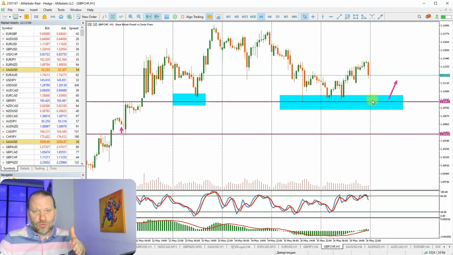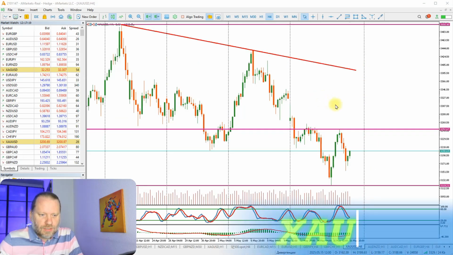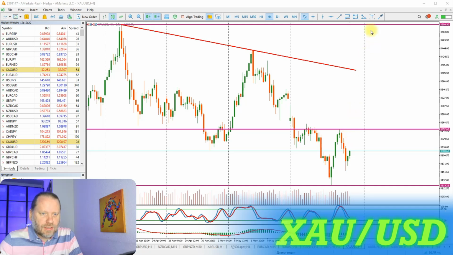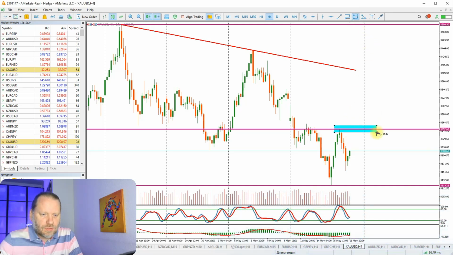You can put an alert as soon as the price reaches it, or you can trade with a pending order, so you don't have to wait and you don't miss it. Gold also shows an interesting picture. There is a reversal zone here and here. The price can also rebound from it short term and go down, but in general, despite such strong volatility,